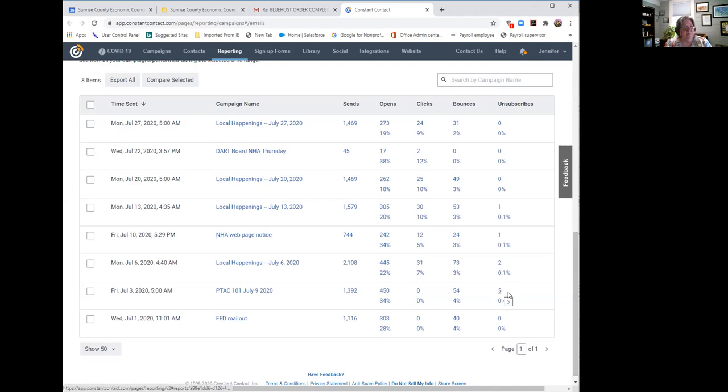There was a larger number of unsubscribes here. This gets to the idea of making sure that there could be changes with email servers or other services. We had Dart emails added to our Constant Contact list, and a couple of emails got sent to people who are looking for tourism related information, but not necessarily the other information that we've sent out. So we had 5 unsubscribes on that one. We made sure that we no longer include that list in emails, but did send them a notice saying if you would like to be added to our other lists, please let us know.